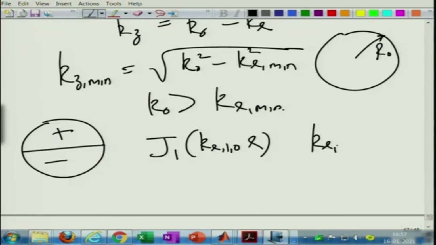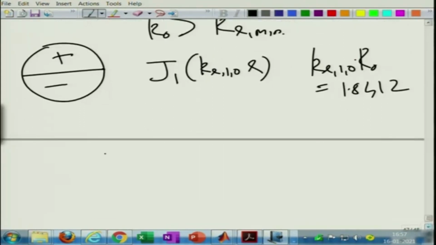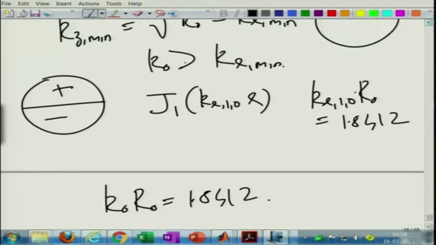Kr10 times R naught is equal to 1.8412, something like that. Okay. So, at that value we can figure out the cut-on frequency. Basically, K naught R when it is equal to 1.8412 approximately,